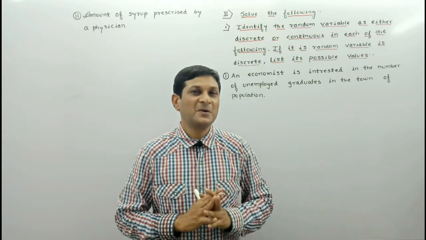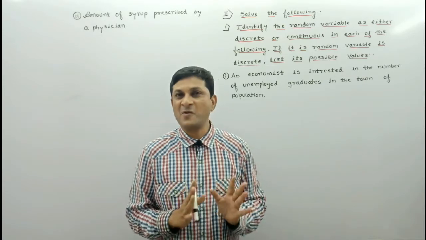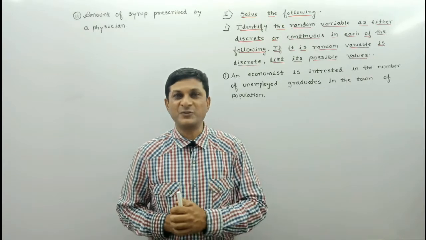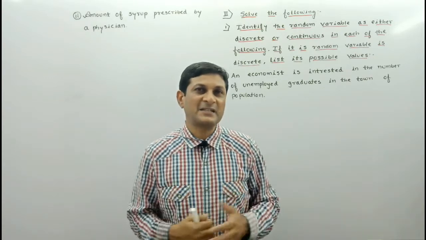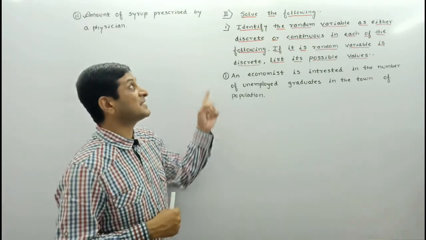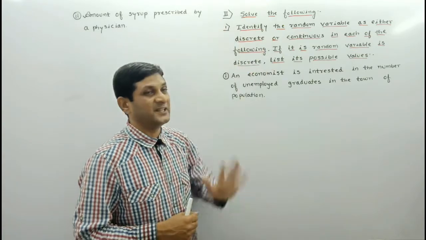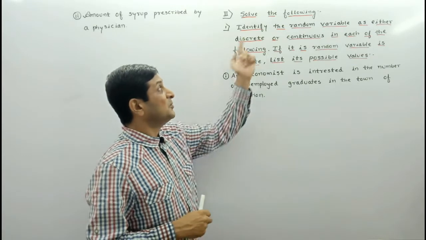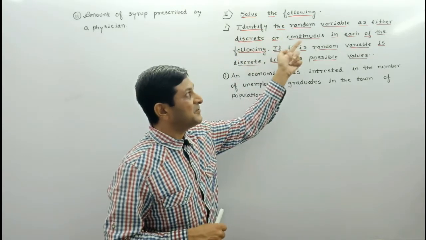In the last video, we completed the first 10 examples from the first part of the miscellaneous exercise, which are nothing but multiple choice questions. Now we are starting the second part of the miscellaneous exercise. In the second part, we have to solve the following. In question number one, what we have to do is identify whether the random variable is